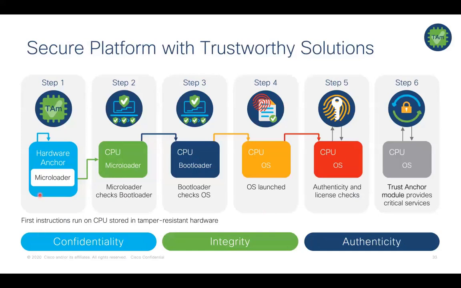So what happens in step one here: the microloader from the TAm chip establishes the secure boot function to ensure only authentic and unmodified Cisco software boots up on that particular hardware platform. This mitigates advanced persistent threats, physical possession, and part replacement attacks, which can potentially happen, right? Having said that, after the hardware is confirmed, the firmware gets booted properly, where the ROM boot up happens with the help of secure boot mechanisms.